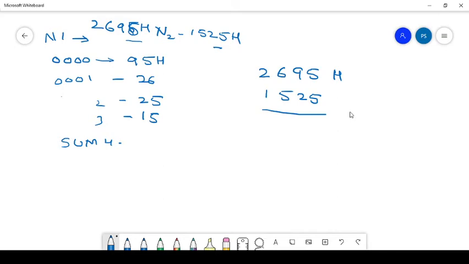After that we have the multiplication of 2695 and 1525. It is a bigger operation, so I am just writing the final result that we get. After completing the multiplication, 032ECC89 is the result.